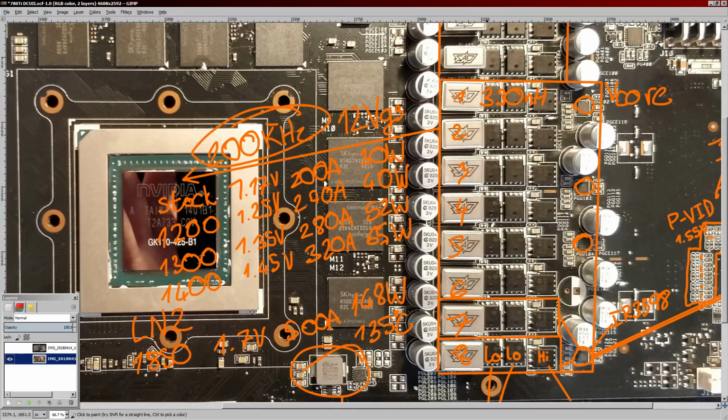So if this is running super low switching frequency, then this will clock worse, just because the transient response, basically the ability of the VRM to respond to load changes, as well as the voltage regulation, is just worse at lower switching frequencies than at higher switching frequencies. So yeah, this VRM is probably a pretty major bottleneck for the 780 Ti GPU core, which isn't really that surprising, because